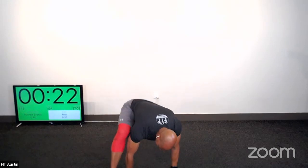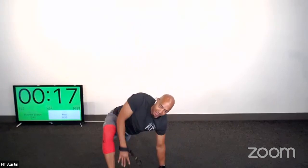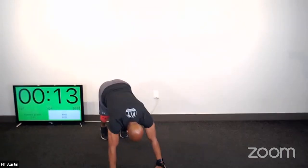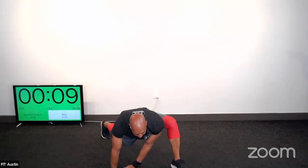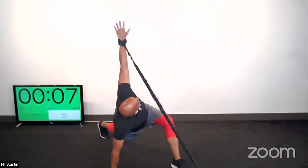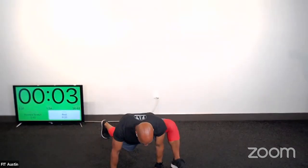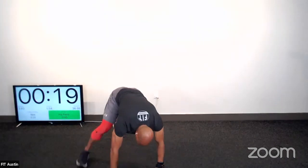Press, step, reach. So guys, 40 seconds is our work time. I'm going to say plus or minus. What I mean by that is if you want some more time to do the work, take a few extra seconds. Get yourself prepared with a few extra seconds as you need to. But 40 is our designated amount of time. Right, from here,